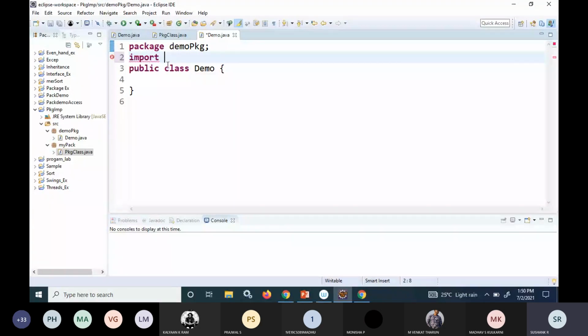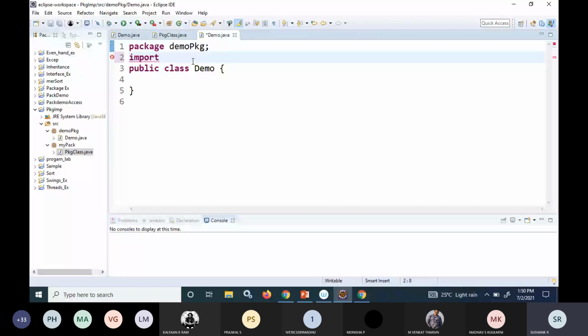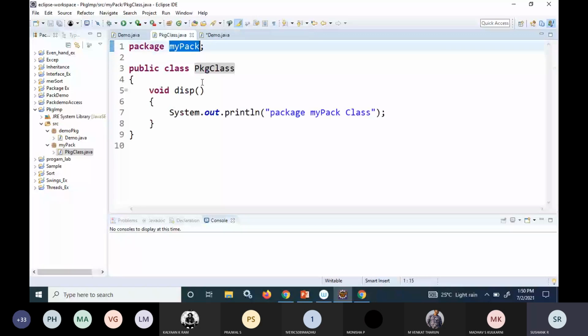So if you want to make use of this class, package class, which is there in a package called mypack, and you have created one more package called demo package, you can use the import statement.